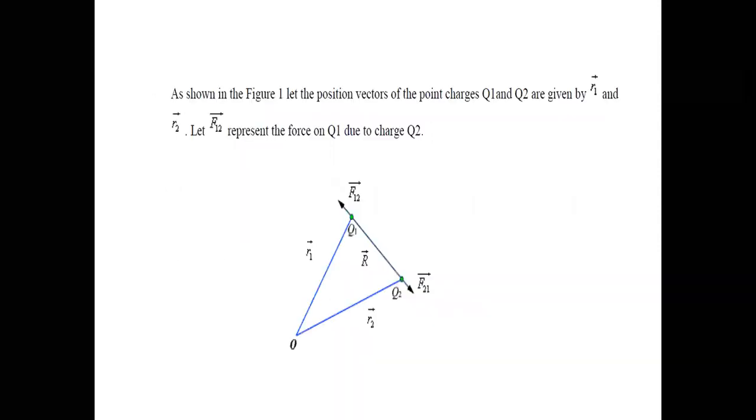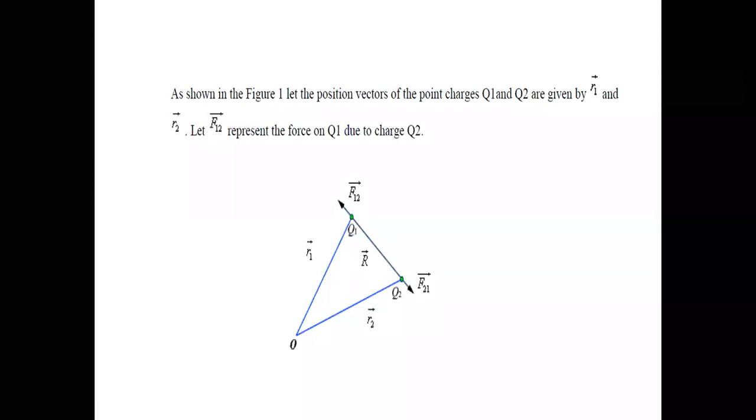So this one is related to the force. Here again I am going to tell you the same things. If the charges are available in some other positions, this is the origin. There are two charges Q1 and Q2 placed. Then while solving problems, what do we have to consider? This is O to Q1, and this distance is denoted with R1. This O to Q2 distance is denoted with R2, and the distance between Q1 and Q2 is denoted with capital R. All of you get it?